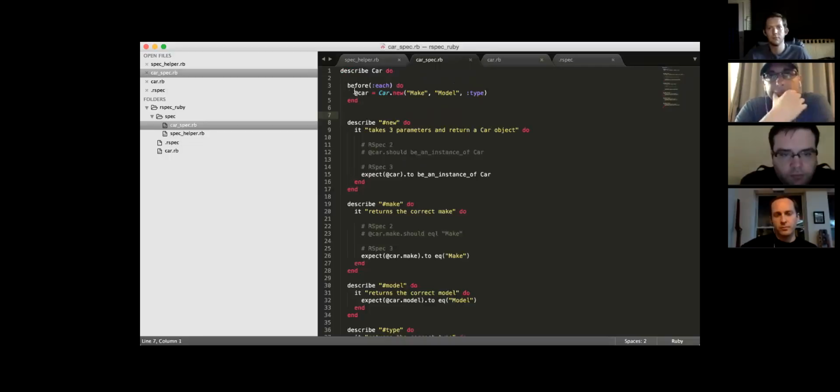Before anything, you set up the test, just like how you would do it with minitest. And then you describe a new, this is a describe method, and then it takes 3 parameters. So you expect the car instance to be an instance of car. This is RSpec3 syntax, which is a lot more similar to test unit than RSpec2. RSpec2 uses a lot of should. So in RSpec2, it would be like a car should be an instance of car. But coming from test unit, RSpec3 is so much easier